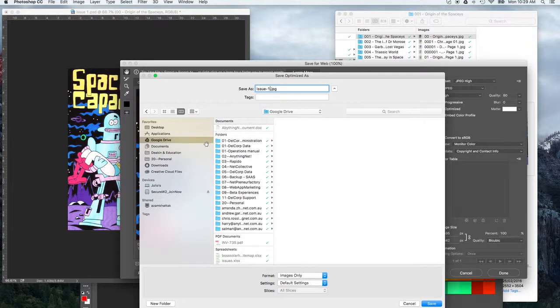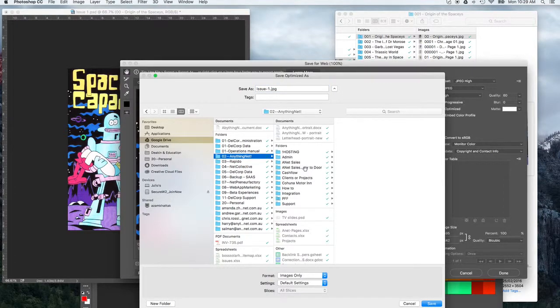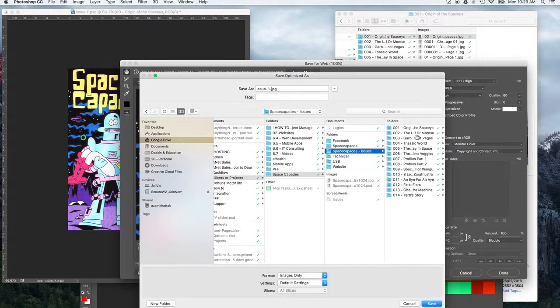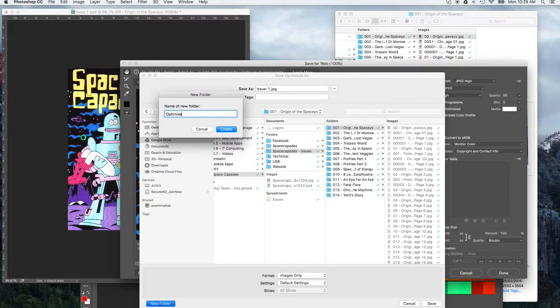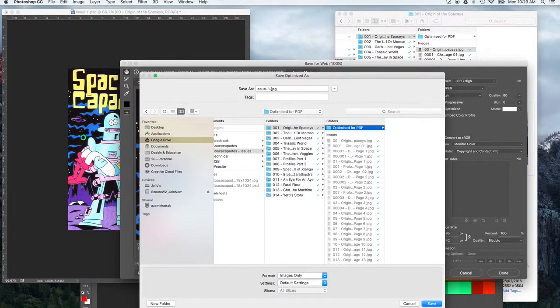Actually, I'll show you what to do. Go to Google Drive, or go into the folder that I've shared with you and create a new folder saying optimized. So let's do that right now. Let's go into AnythingNet, projects, Spacecapades issue. So this is the folder I'm in. I'll create a new folder and call this optimized for PDF. Okay, great. Now this one is 00. That's the original file. 00 is the cover. So I'll click